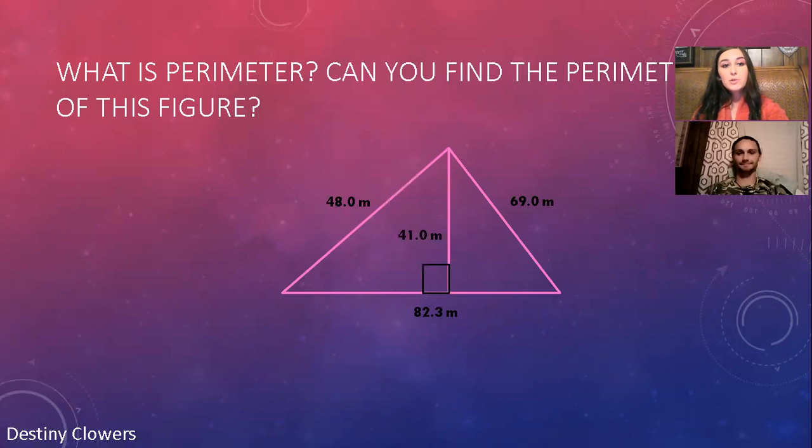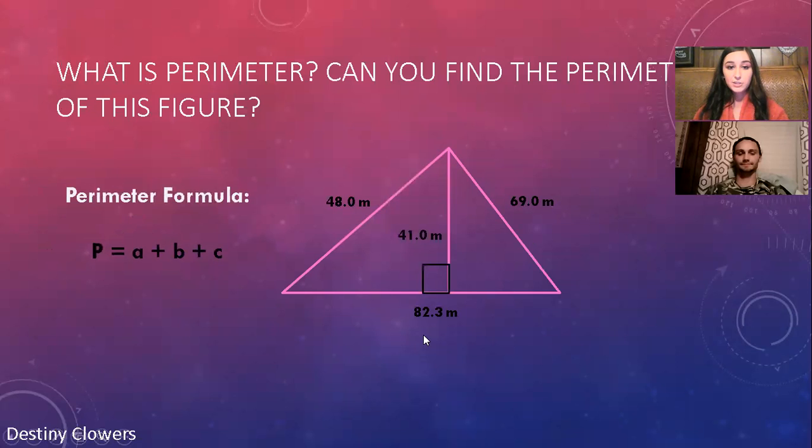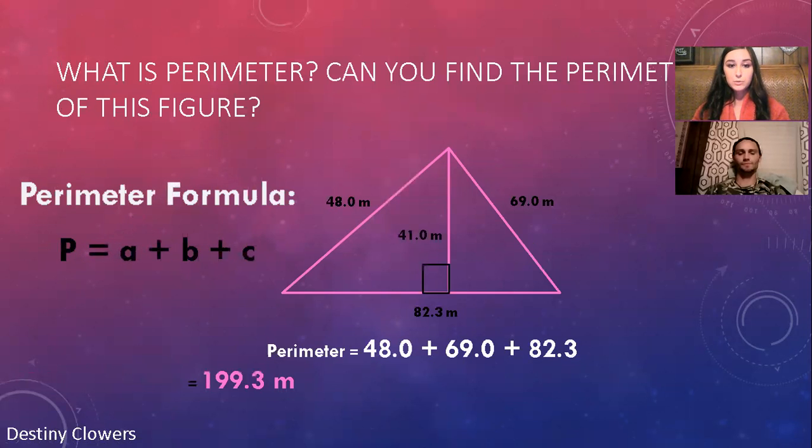So perimeter is the border or the outer boundary of a two-dimensional figure. So this means that we can add up the lengths of each side of the figure to find its perimeter. Since this is the outer boundaries of this figure, we're going to add up the numbers on the outside. So 48.0 meters plus 69.0 meters plus 82.3 meters, and that's going to give us our perimeter, which equals